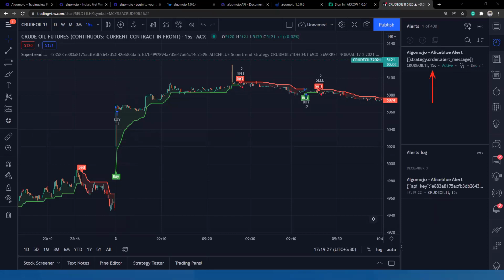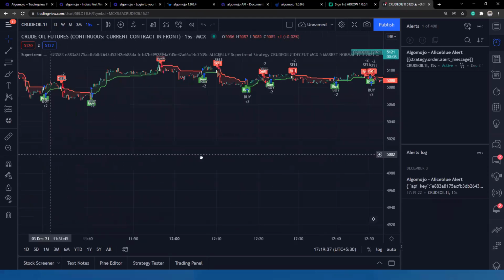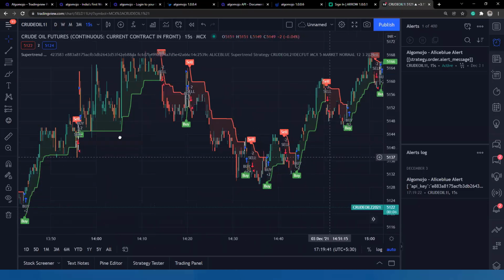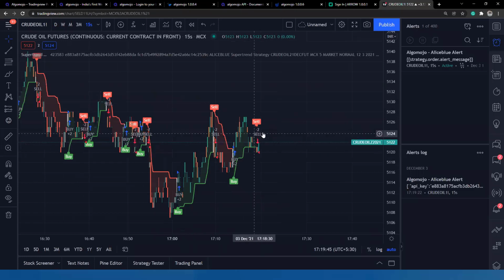So now one of the alerts got triggered. Let's see whether it is getting reflected. Since the alert has been created just now, probably it would have done double the quantity, right? So let's go to the recent signal which occurred. Just now a trigger happened. You can see that the sell signal got triggered, right?